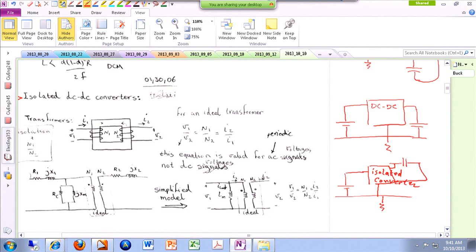So isolation could be provided using optical stuff, so opto-isolators or optocouplers. Transformers are a good example. And also you can sometimes use capacitors to isolate things from each other, but in power electronics, primarily we rely on transformers. Now that we are talking about transformers, let's have a little bit of a background review about transformers,